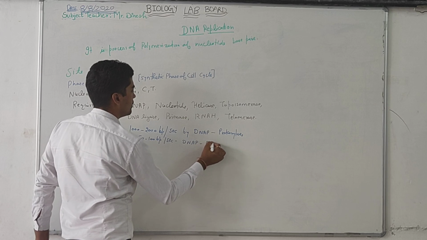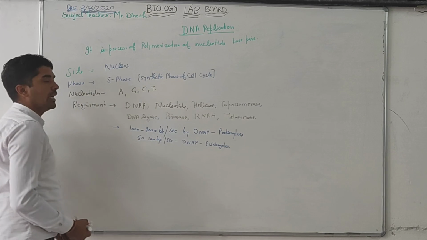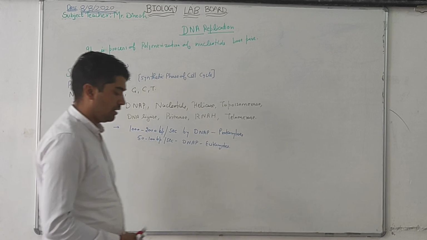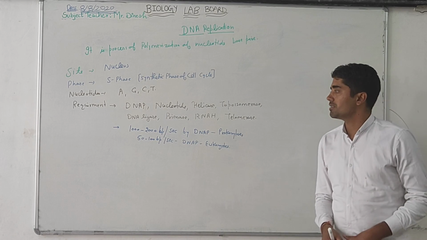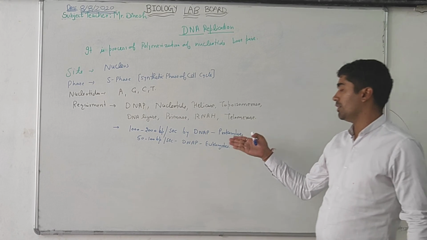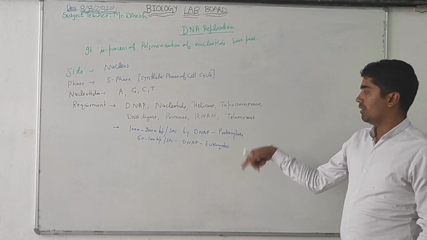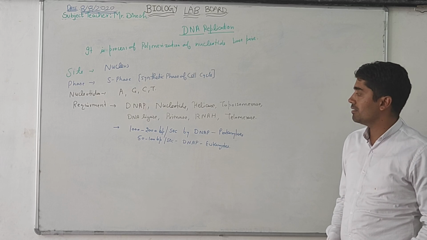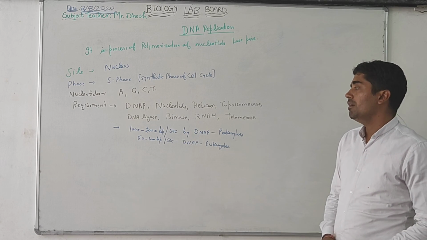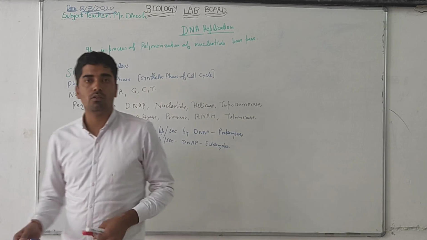Why is this so? Because the prokaryotic genome is much simpler. Packaging of the prokaryotic genome is very simple as compared to the eukaryotic genome. In eukaryotes, there are a large number of proteins which bind this genetic material into chromosomes or chromatin. So because of this complexity, but how is this complexity overcome?